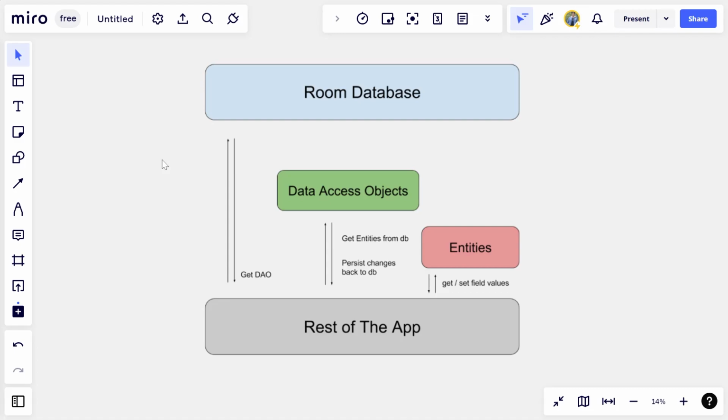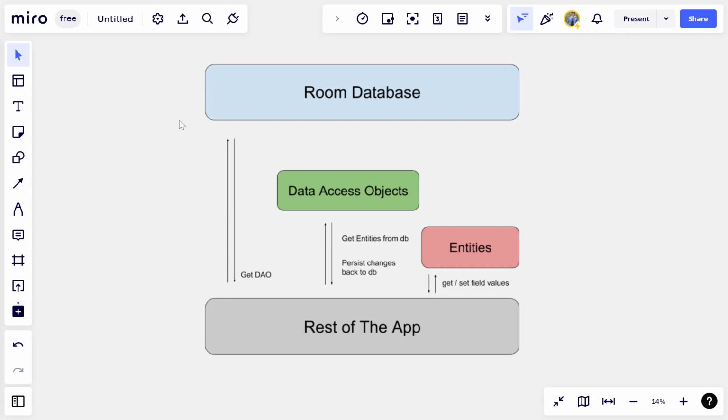So in particular, Room provides some specific benefits. First of all, compile time verification of SQL queries. So when we were writing our SQL queries, at the time of compilation we don't know whether our query was correct or not. But Room provides us compile time verification of SQL queries. And the second point is convenience annotations that minimize repetitive and error-prone boilerplate code. So we have to use annotations in Kotlin, and we will be minimizing our repetition of code. And the third point is streamlined database migration paths. So if we are migrating from one database to another, then we can easily do that using Room